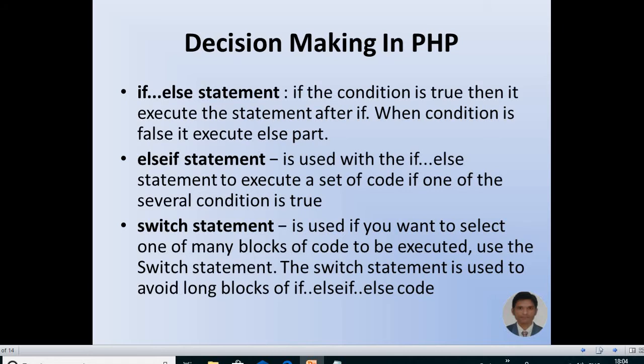Decision making in PHP. So in PHP there are 3 statements to make decisions. A decision is a choice among a number of options. There can be multiple choices, and there can be 2 choices. So these statements are used to take a particular choice from a number of choices. For example, the if else statement is used to execute a particular selected statement from the two conditions. You can also call it a nested if else.